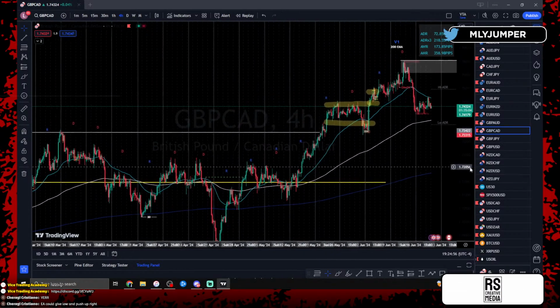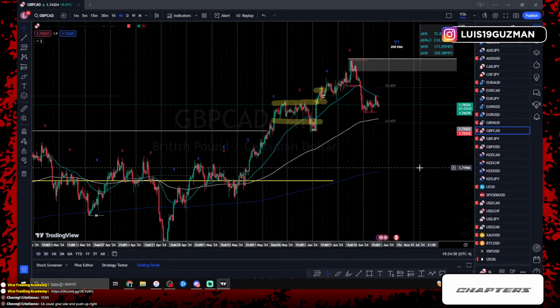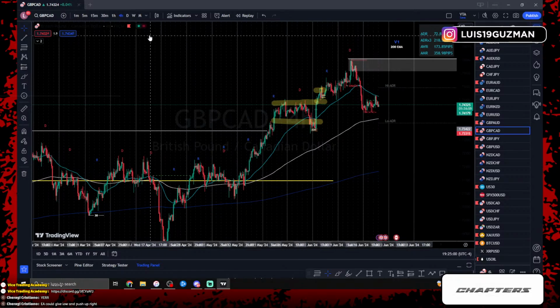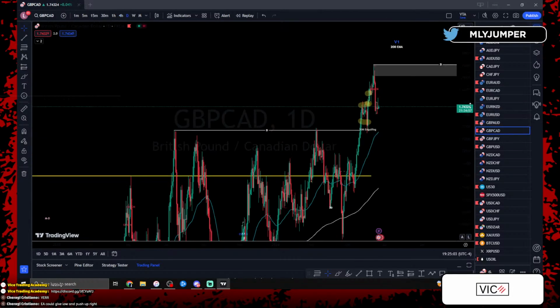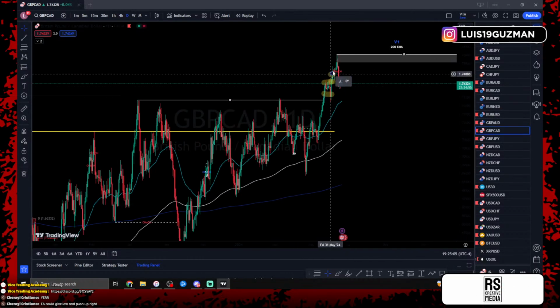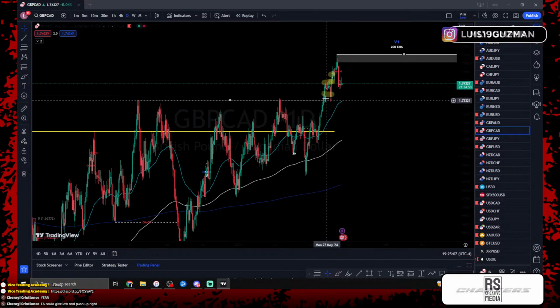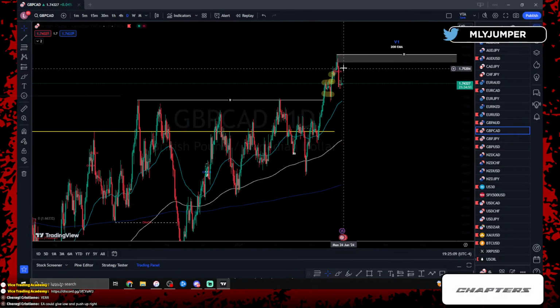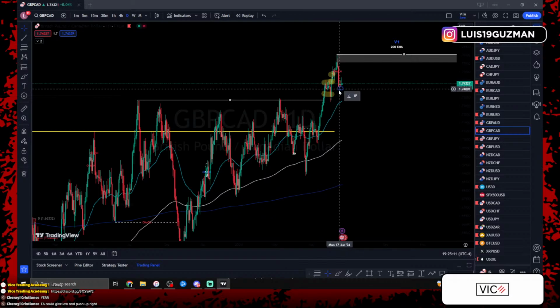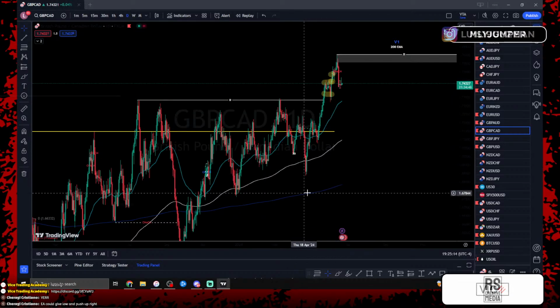So that's exactly what we'll be waiting for on GCAD. We're expecting a pullback. Now, could that pullback be the same thing as we talked about? We understand that a pullback isn't always higher high all the way down to a higher low. We know that it could be a little zone consolidation. We know it could be a little pullback between 23.6 and 38.2 in the fib levels.